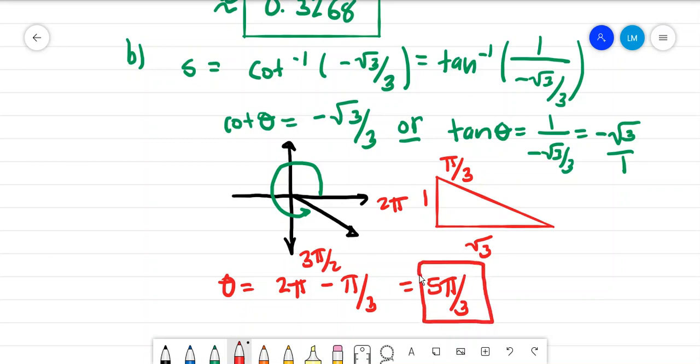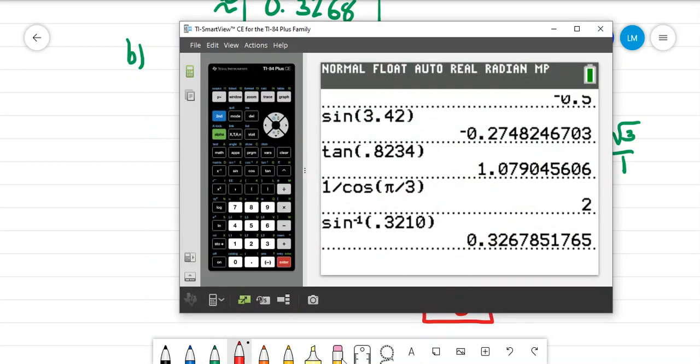So the answer is 5 pi over 3. And that's just because I used the definition of tangent, opposite over adjacent, it had to be just that one. Now, if you would have used the calculator, that's definitely not necessarily advisable, because then you'd be doing